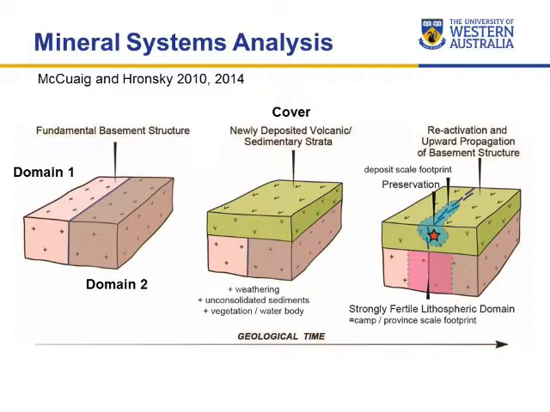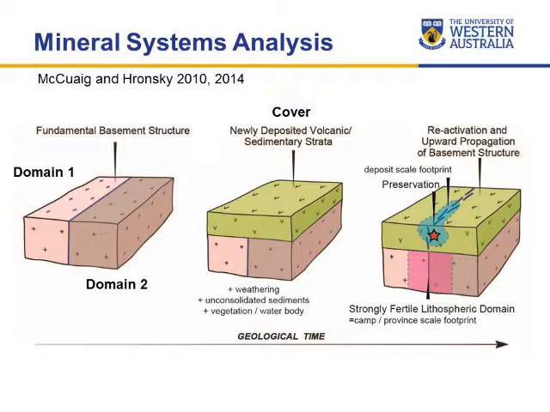The carrying idea for this lithospheric scale footprint is that there are 2 different kinds of older geological domains which are covered by another layer of either sediments or volcaniclastic rocks, and the extensive history on these fundamental basement structures causes enrichment of metals in these terrains, and then hopefully leading to